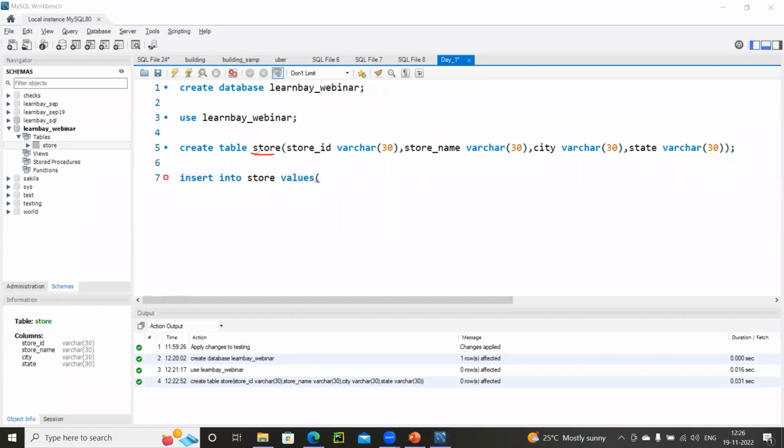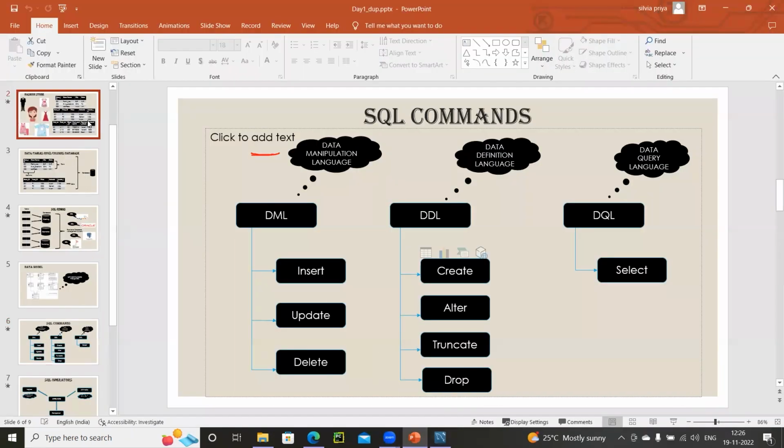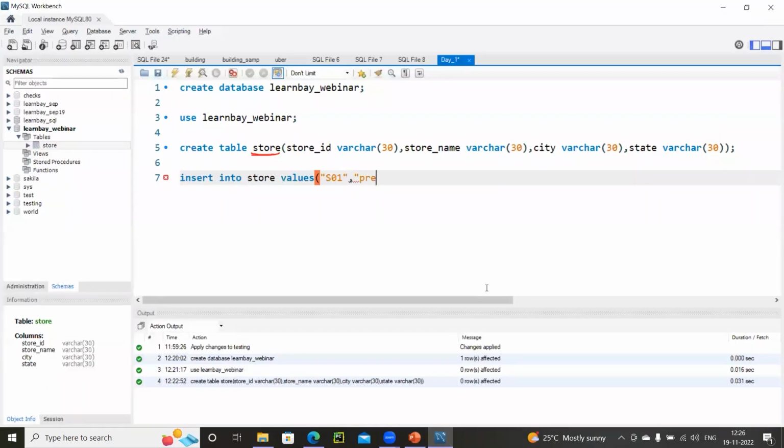Now I'm going to insert inside this particular structure. So under store ID, suppose I'm writing store 01, and what was her name? Okay, Pretty You. So something like Pretty You, and it belongs to Bangalore, which is in Karnataka in India.